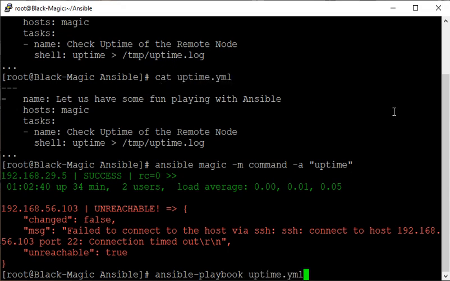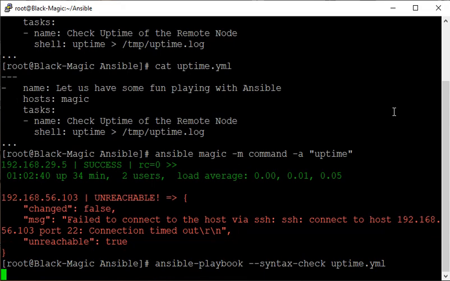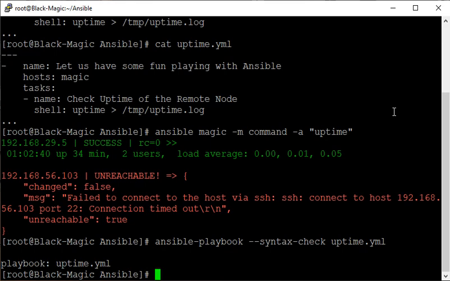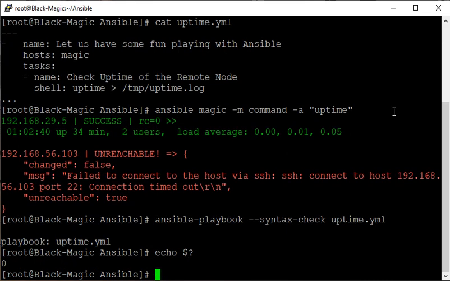But before running that playbook, we can ask Ansible to check it. So --syntax-check. Check my playbook for any typos or incorrect syntax. No news is good news. It is showing just the playbook name, so it is good. Zero means zero, okay? Everything is good. Now